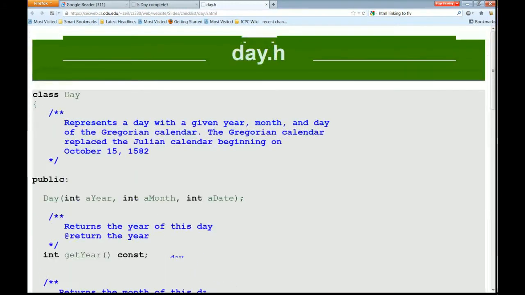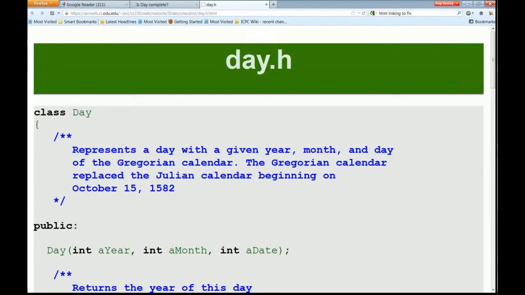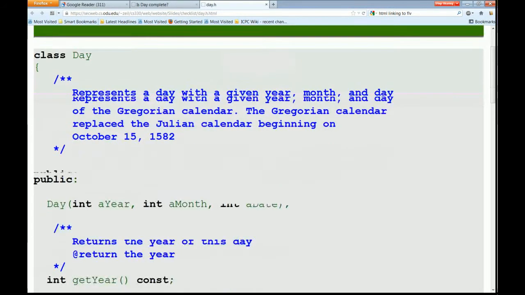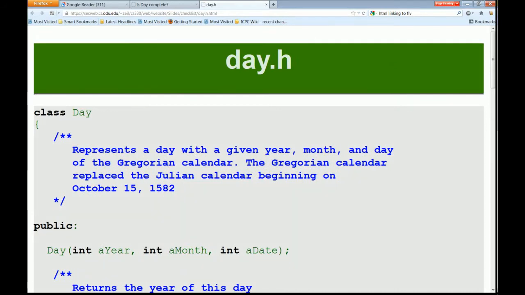spends some time talking about a class called Day, representing a day with a given year, month, and date. We might instead call this a Date, reflecting its relationship to a calendar. Now, the textbook gives a Java version of this. I'm showing you my closest possible C++ translation because we're still dealing primarily in C++ at the moment. My C++ translation starts with the declaration of the class Day,